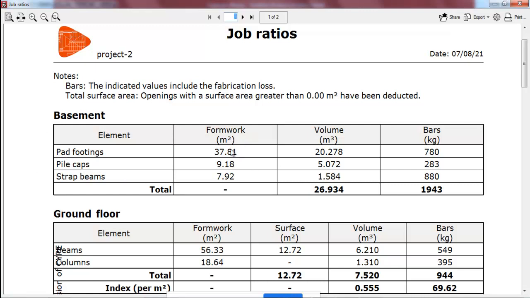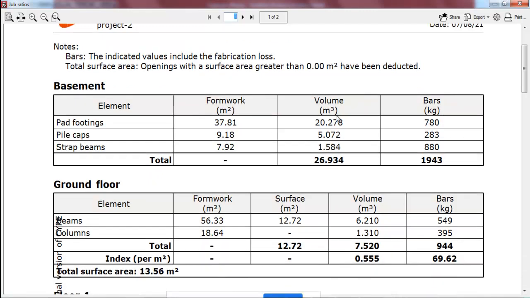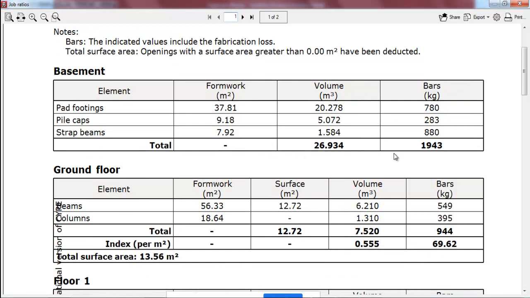So separate information related to what is the formwork quantities, what is the volume of concrete required, what is the reinforcement required for individual elements, and totally how much it is required. To do the total foundation, you require 1.9 tons of steel, 26.7 cubic meter of concrete. Okay, so you can just straight away buy the concrete and steel and then start working on this today itself.